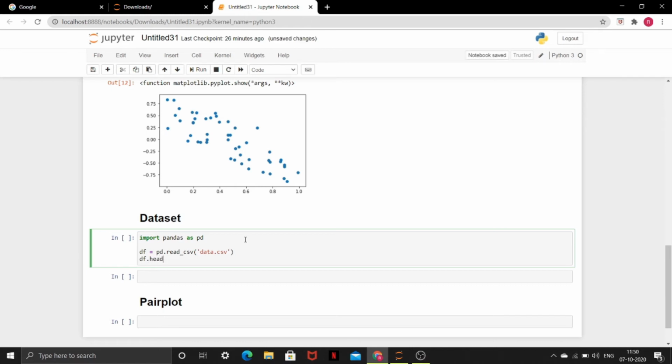I want to read the first 5 elements of my data set. So here I have written df.head, which will show me the first 5 rows of my data set.